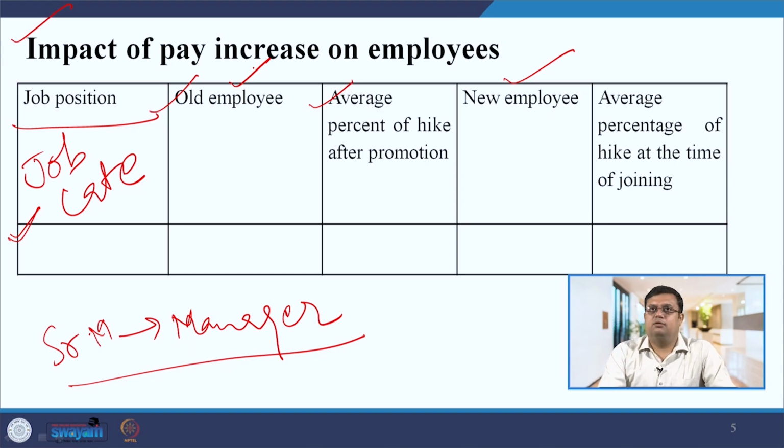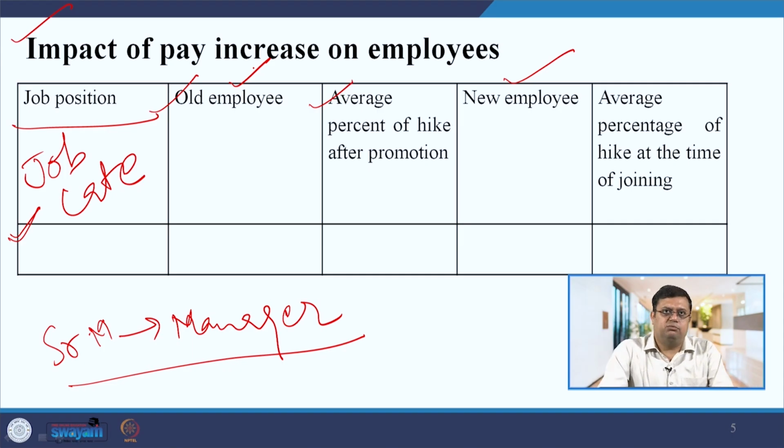If you find both averages are close to each other, then you may not see this phenomenon, and you can use this data for internal branding within the organization. That will increase the satisfaction level of employees, because generally the perception within the organization is that if I am coming from the outside, I will be paid more, and if I am coming from within the organization, I may not be paid that much. If you want to remove this perception, you can do it after the job evaluation based on the job worth.